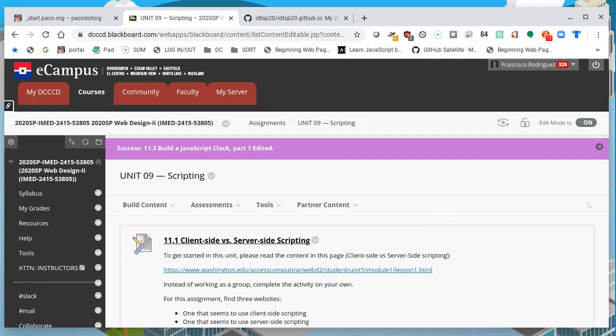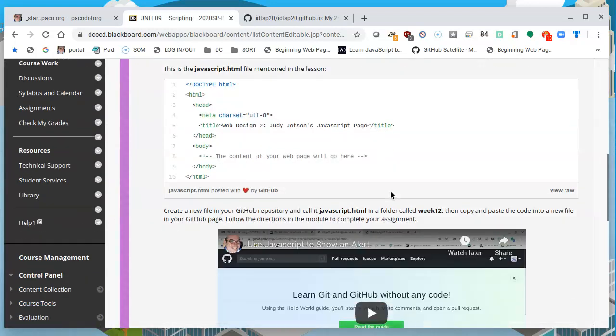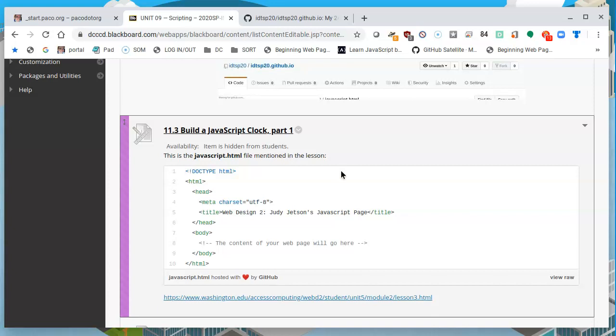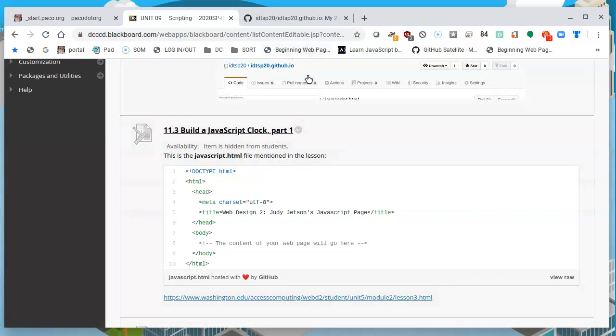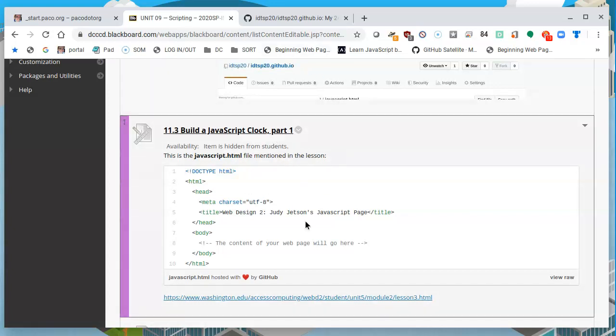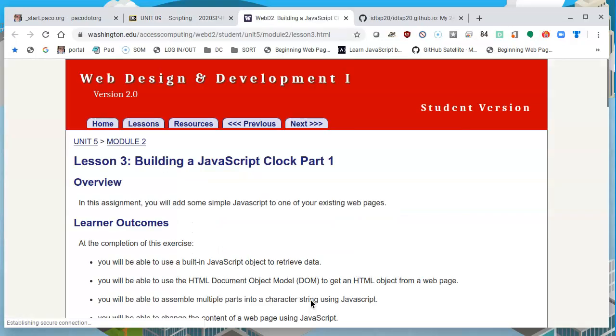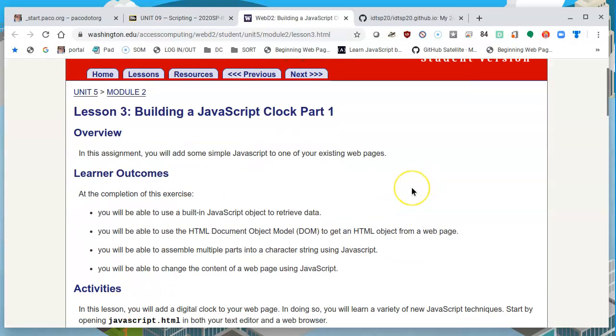Okay, so in this video we're going to do the next JavaScript exercise in this class. We're going to do 11.3, build a JavaScript clock part 1. Let's see what's going on. I have a sample file that you're going to copy and paste to create a new file, and I do have a link that'll take you to the washington.edu lesson that we're following that will explain how to build a